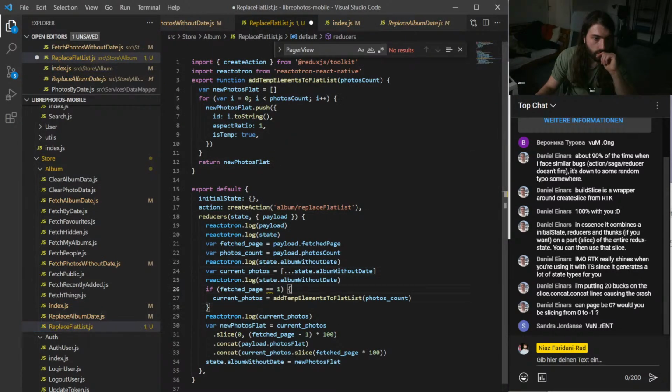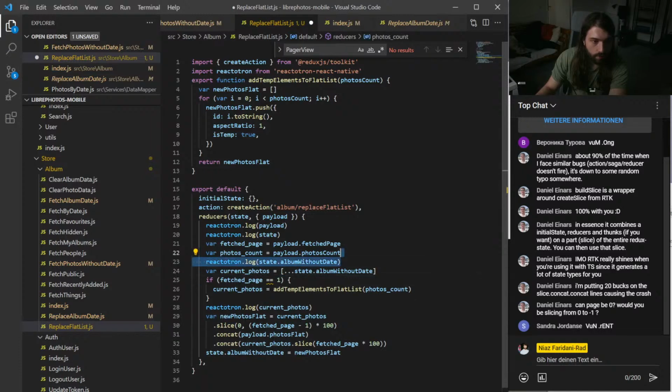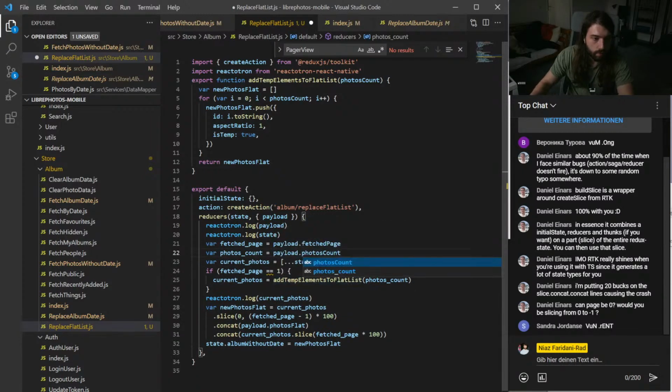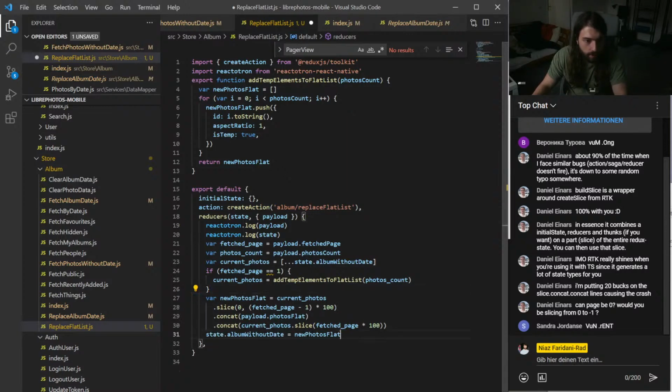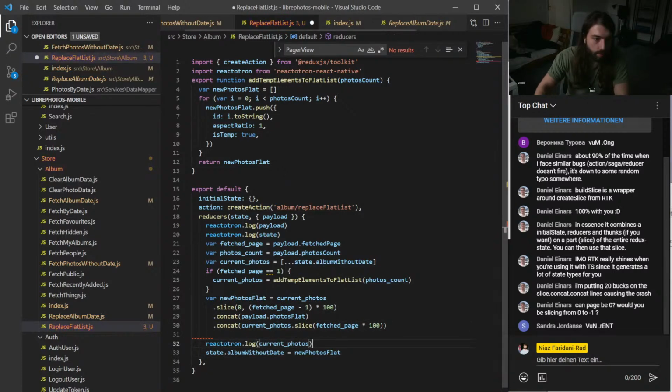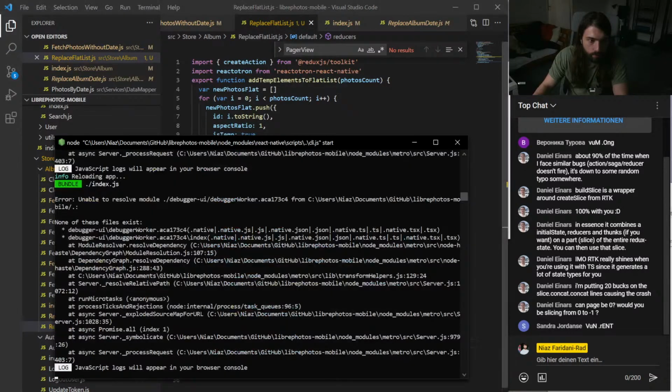Right, and then okay. Let's see if this works. New photos flat. Reload.